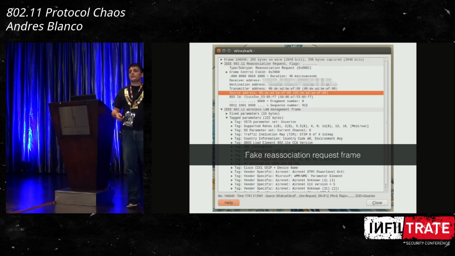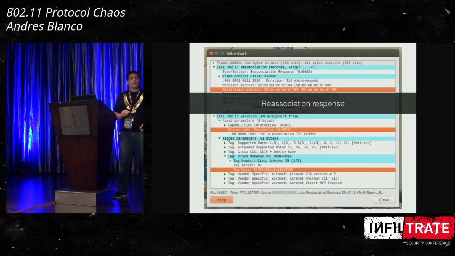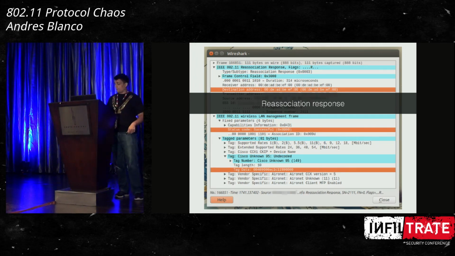But I was thinking this shouldn't work because we have a protocol state machine that should avoid these types of things. I'm a station that hasn't been connected to a network, and I'm trying to reassociate. And to reassociate, I should be associated in the first place. So this shouldn't work, but it works perfectly. So you can do this, and here we can see the MAC address from the fake frame. Here we can see that the access point is saying that the reassociation process was successful. I don't know why, but it shouldn't be like that. And here below we have the IP address of the wireless LAN controller of the network.